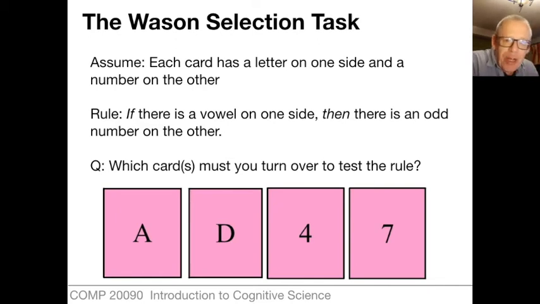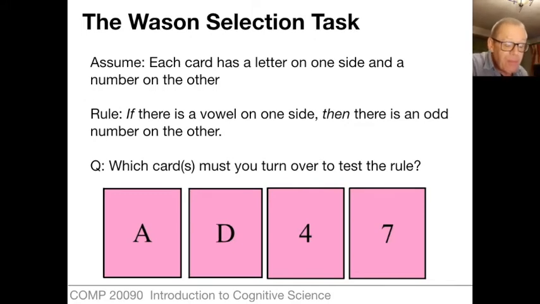Let's go back to our man Wason, who gave us the 2, 4, 6 task. He had another experiment, this time in the realm of deductive reasoning. And we're going to have a look at the game he was playing with his subjects. Again, this is something that's fun to do in class, but hopefully you'll be able to play along at home,